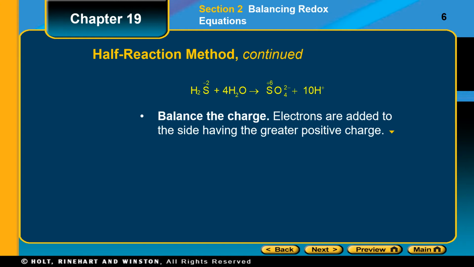Okay, so the next step after we've gotten to this point: we've balanced it by atoms, but the one thing that's not balanced is charge. The total charge on the left side is not the same as the total charge on the right side. To balance the charges, we're going to add electrons to the side having the greater positive charge. So if we look at what we have up here,